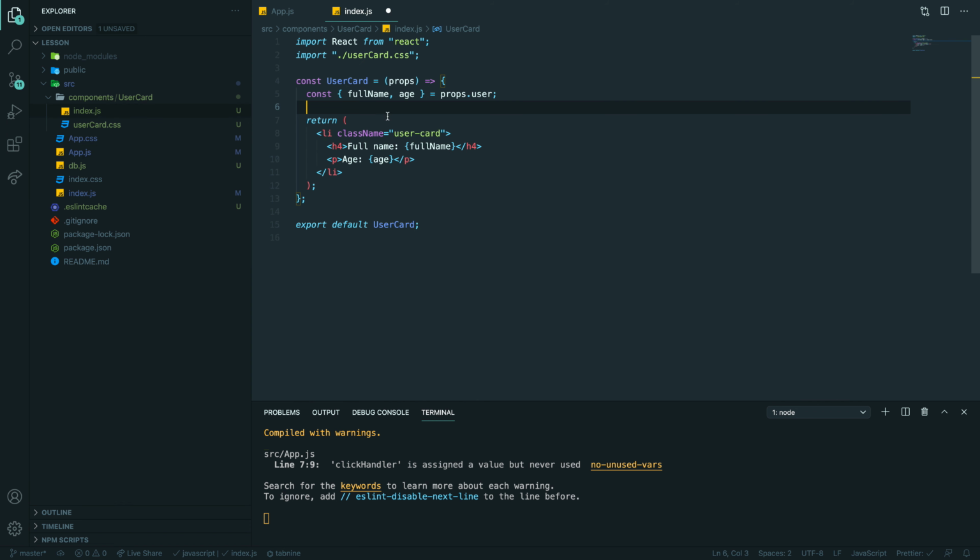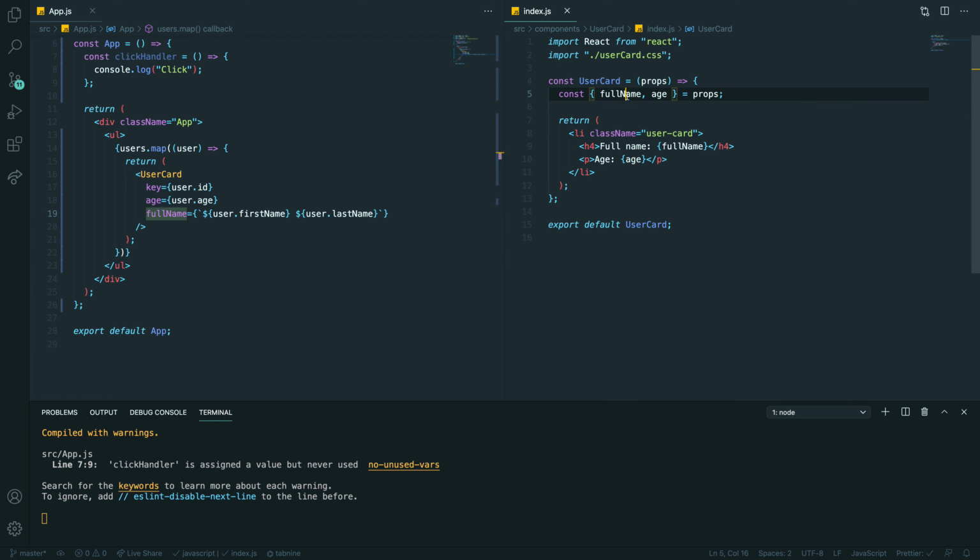So the only thing, oh right, sorry, we don't have user anymore. So now you can see that we have full name and the age. We still do the same stuff. Let me maybe open side by side so we can see both. Hopefully that will be more clear. So we're passing age and key and full name, and we are receiving basically here, right? So a bit shorter syntax, again, this is pure JavaScript.